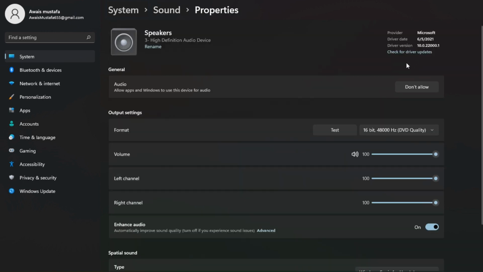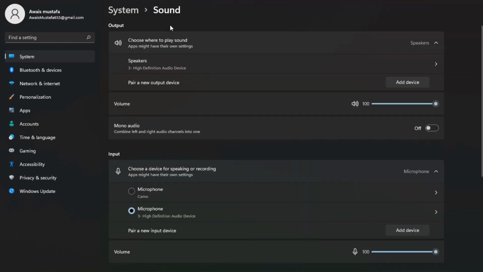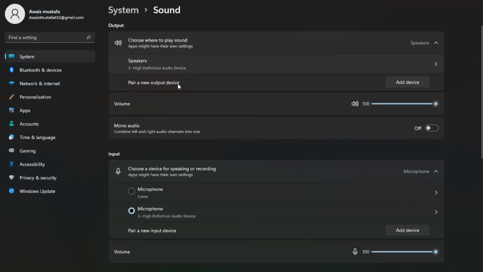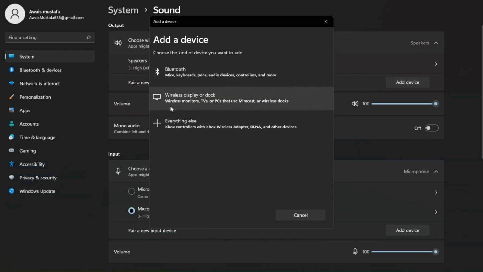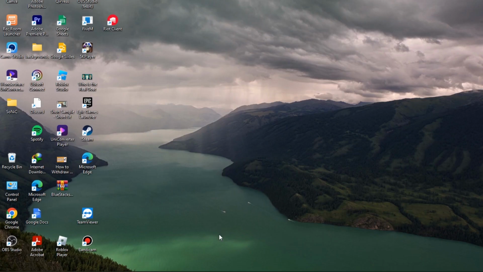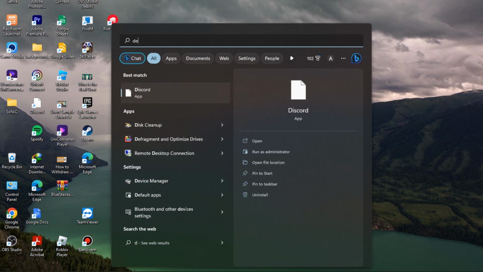So make sure that it has set it to your desired output device, and if not, you have to click on this pair a new output device and simply go for this add a device. Once you have clicked on that, you have to go for this wireless display or Bluetooth, whatever you are currently using. Once you are done, you have to move to the step number 2, which is simply search for device manager